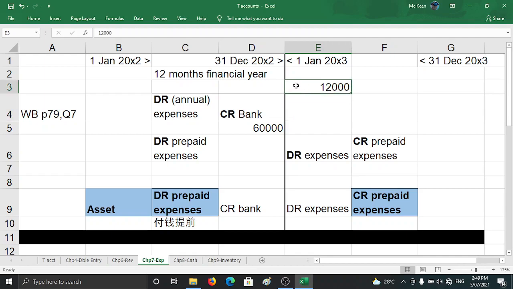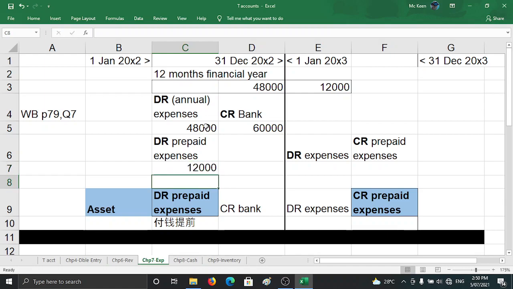What? That means 12,000 is for this year. So this year will be 60,000 minus this 12,000. So actually when you credit the bank of 60,000, 12,000 is for next year. Right? So what is the rental incurred for the year ended this financial year? So you know your expenses is supposed to be 48,000 this year. So you have over credit. So this 12,000